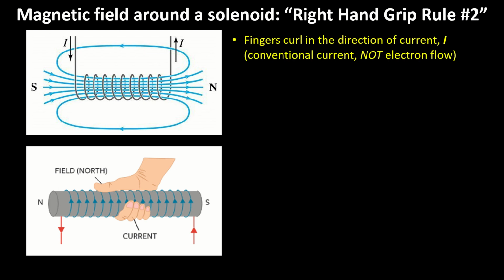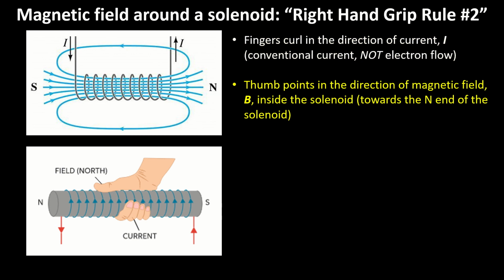So for this one, imagine you're holding the solenoid in your right hand, and the direction that your fingers curl around is the direction that the current is flowing around the solenoid. So you can see in that bottom diagram there, the fingers are pointing in the direction of the arrows of the current, okay? And the thumb then points in the direction that the magnetic field is going, okay? That's the direction of the magnetic field inside the solenoid